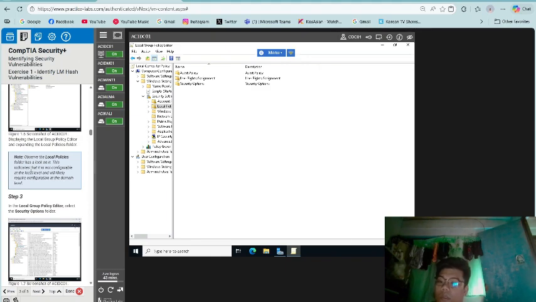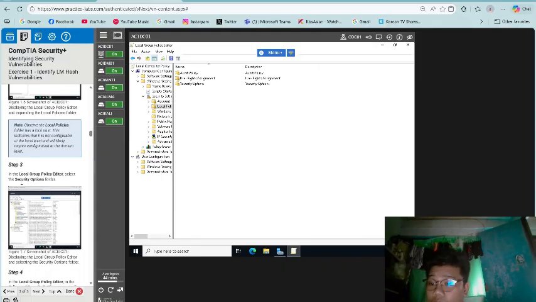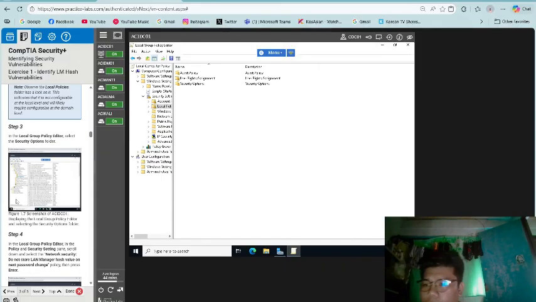Next, note, observe the local policies folder has a lock on it. This indicates that it is not configurable at the local level and will likely require configuration at the domain level. So step 3, in the local group policy editor, select the security options folder.